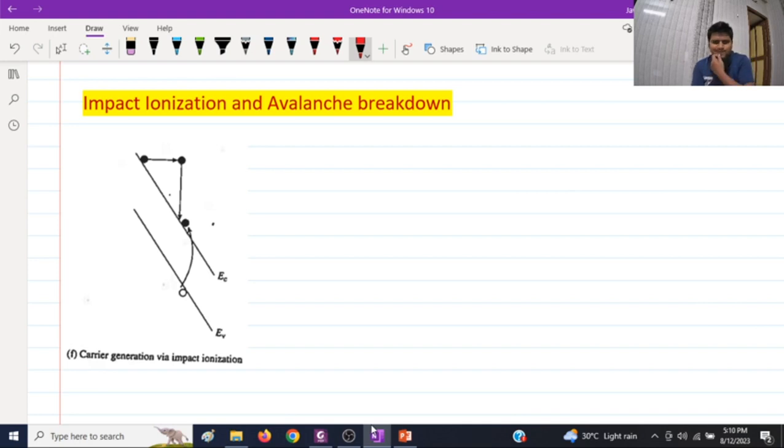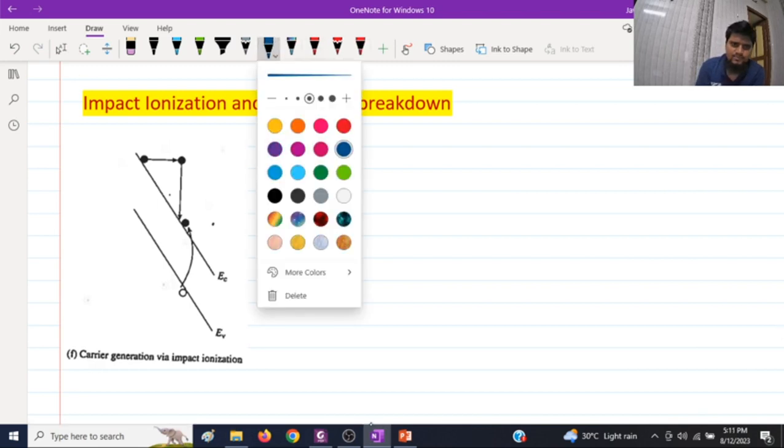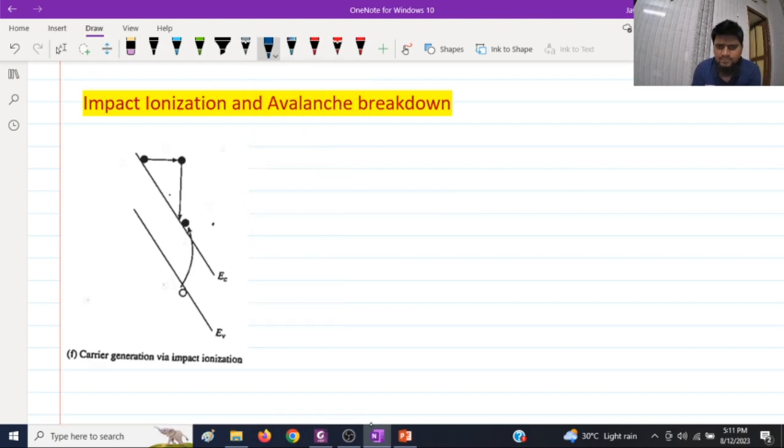Okay, welcome all to the new topic: impact ionization and avalanche breakdown. Okay, so in the last topic we discussed Zener breakdown,